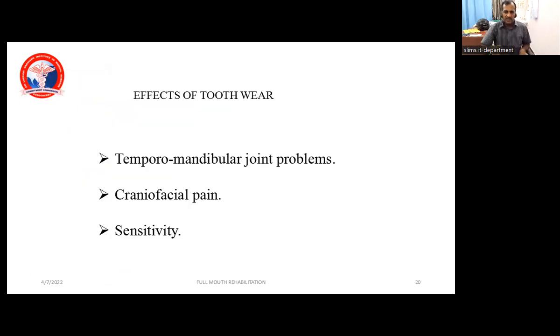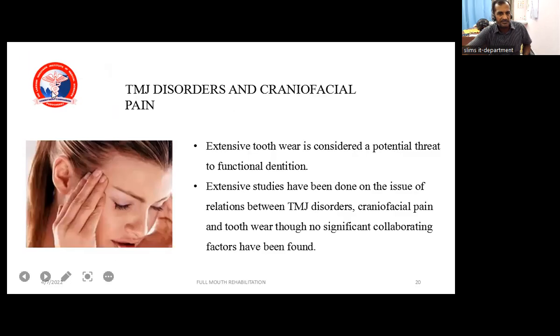And the other associated ill effects of tooth wear are temporomandibular joint problems with headache, craniofacial pain, and severe sensitivity. These are the ill effects of abnormal parafunctional activity. Now, regarding the TMJ disorders, the craniofacial pain,